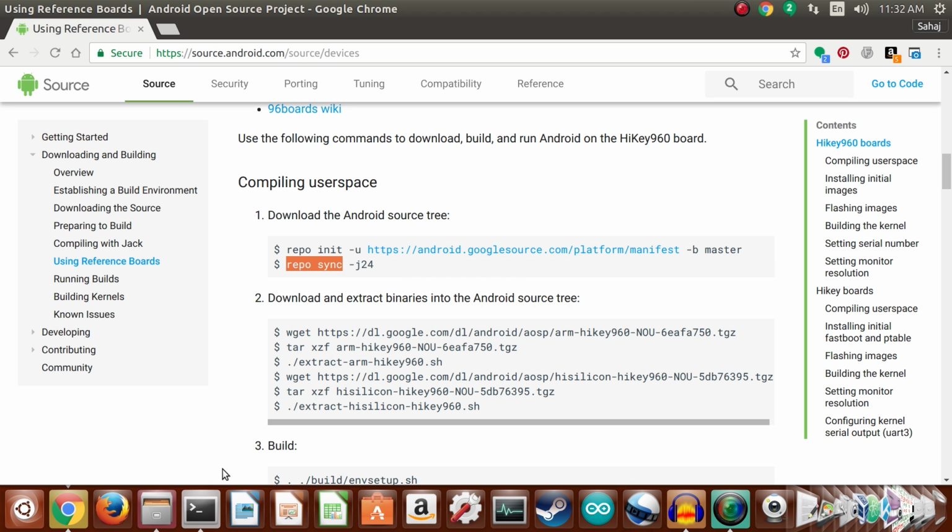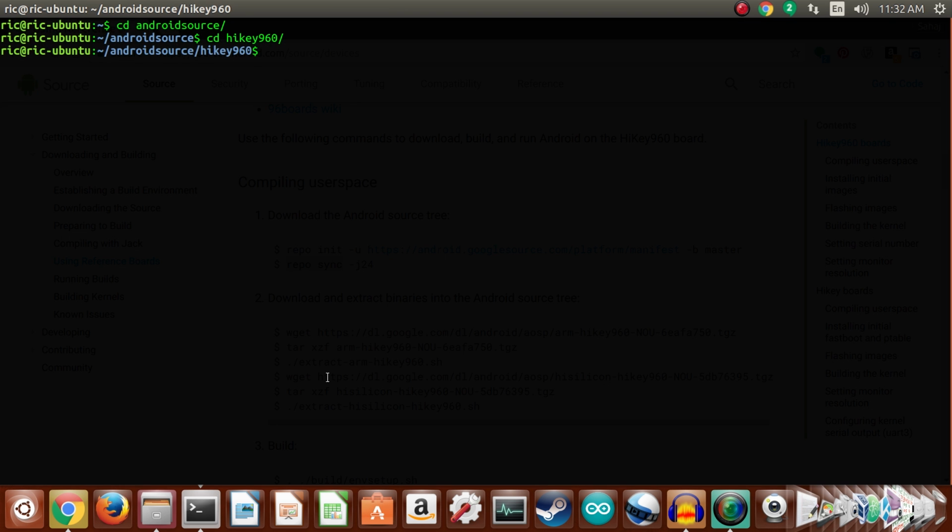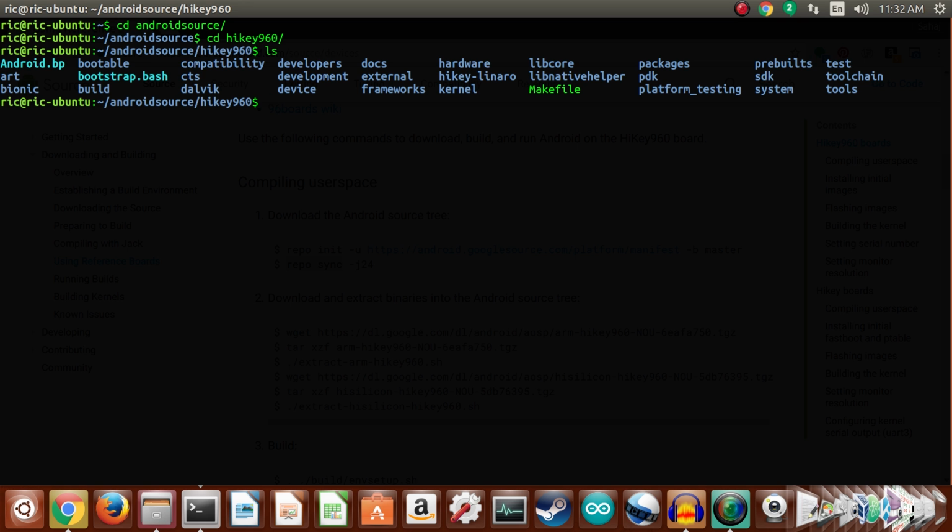Now repo sync is an interesting command. I've gone through the repo sync process. It downloads at least around 20 gigabytes of data, as far as I can tell, and what it does is populate your build directory with the source code, and it's a big source code. So if you are doing it for the first time, keep in mind that you have enough bandwidth, and that this process can take an extremely long time depending upon your internet connection, because it is going to download a whole lot of data. So I will run the repo sync command once again,